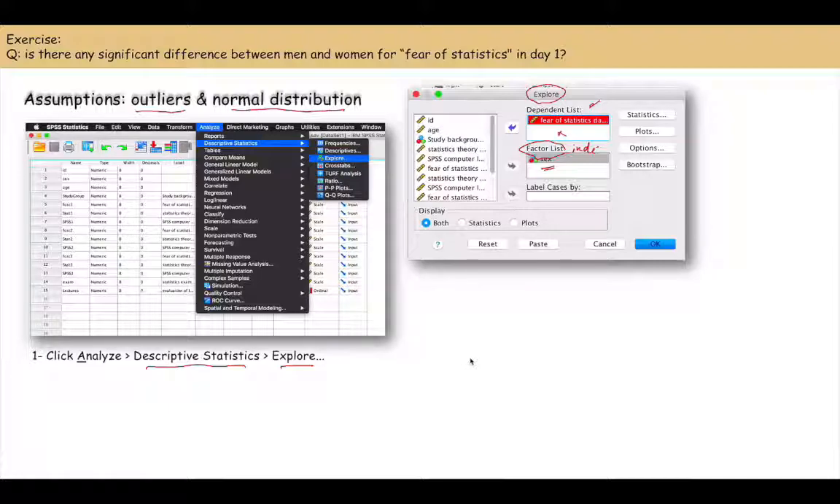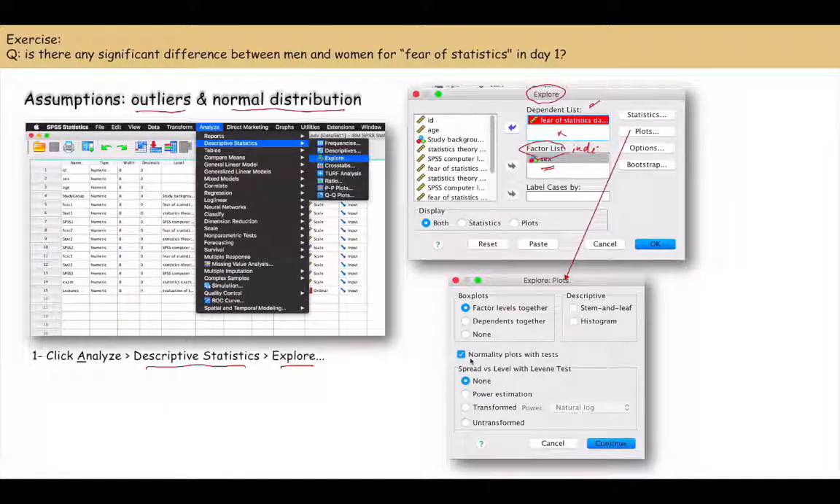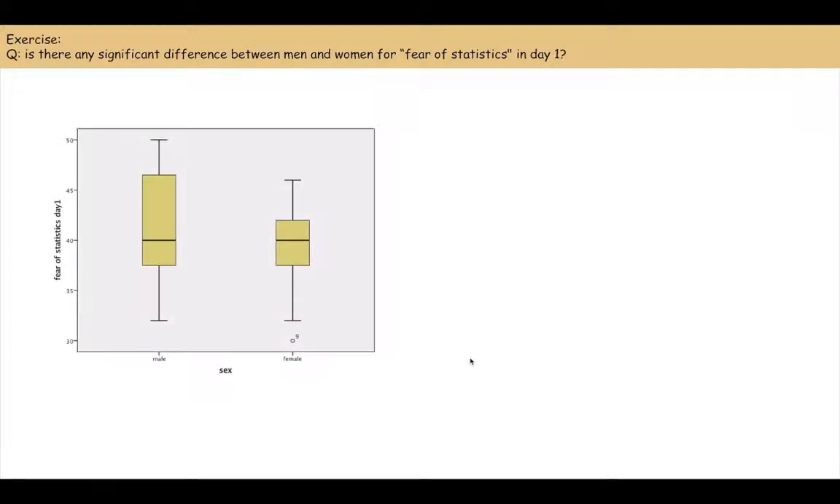And also if we click on Plots here, you will have a new window. In this window, usually the default for SPSS is stem-and-leaf, but we don't need it, so you take it out, and instead you use the normality plots with tests. That is enough for us to check it. Click on Continue and you will get the result, first as a box plot,